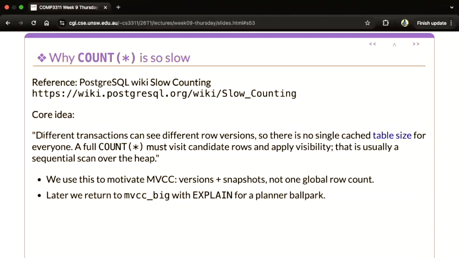Different transactions can see different row versions, so there's no single cached table size for everyone. If you want to get the number of rows from your transaction, you must visit all candidate rows and apply visibility. And that's usually a sequential scan over the whole heap. So what it means is that